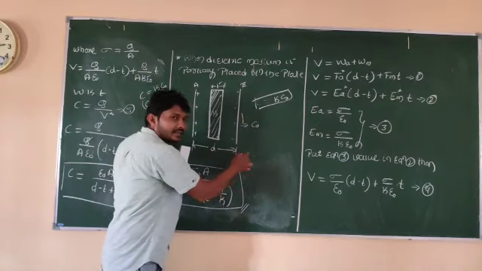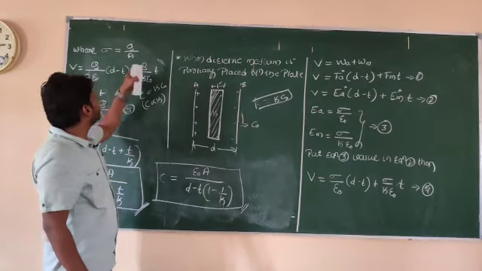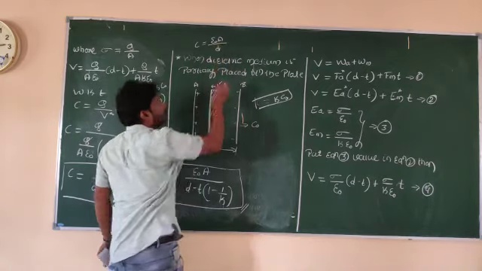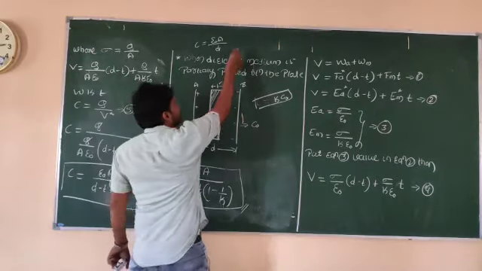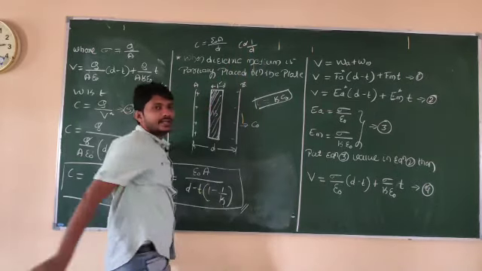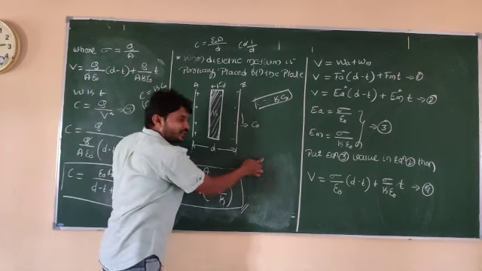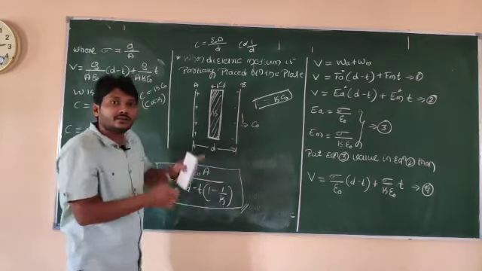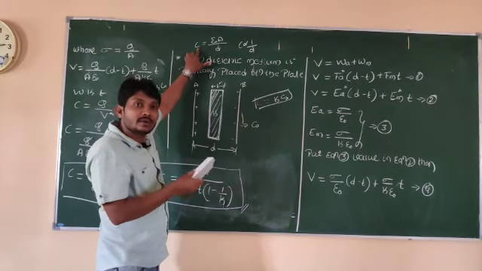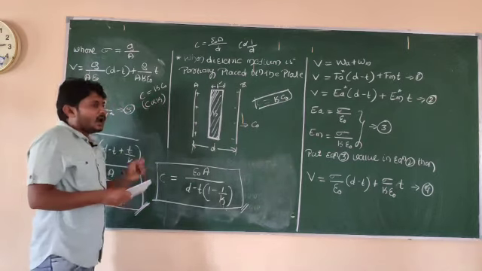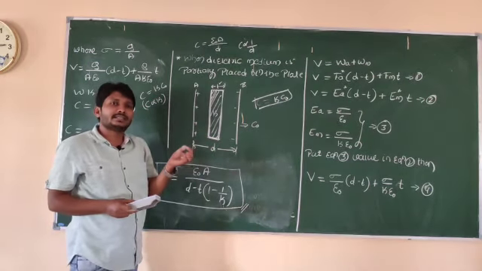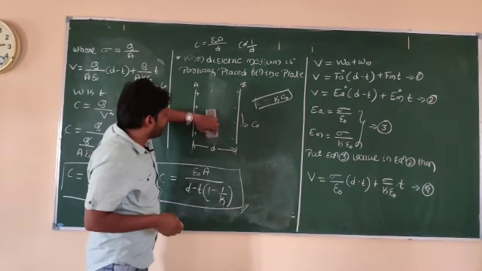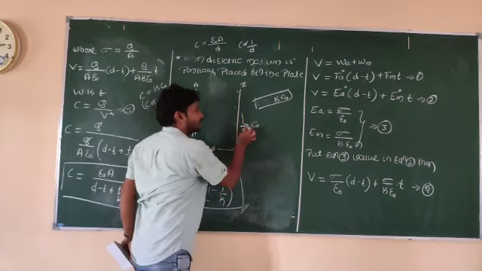I have to vary the distance here. Why? Because capacitance is inversely proportional to distance here. So from this equation C is equal to epsilon naught into A divided by D here, C is inversely proportional to D. It means that if I increase the distance after placing the dielectric medium also, then what about its capacitance value? Capacitance value goes on decreasing here. So look at here, after placing the dielectric medium, capacitance value will increase here. So initially, if that medium is not there, in the absence of medium its value is C naught I said.